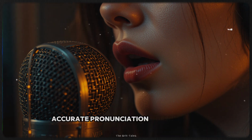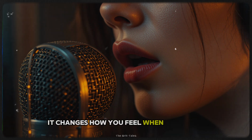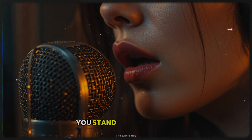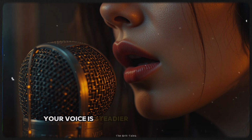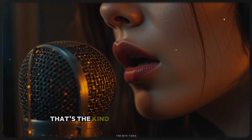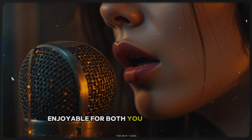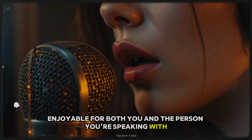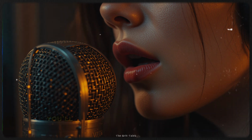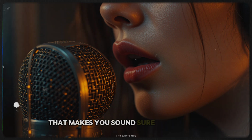Accurate pronunciation doesn't just make you easier to understand, it changes how you feel when you speak. You'll notice that when you say a word correctly, you stand a little taller, your voice is steadier, and your sentences flow more easily. That's the kind of natural confidence that makes a conversation enjoyable for both you and the person you're speaking with. By the time we finish, you won't just know these 30 words. You'll be able to say them with the kind of clarity and ease that makes you sound sure of yourself